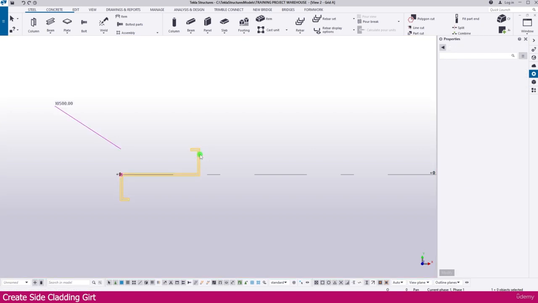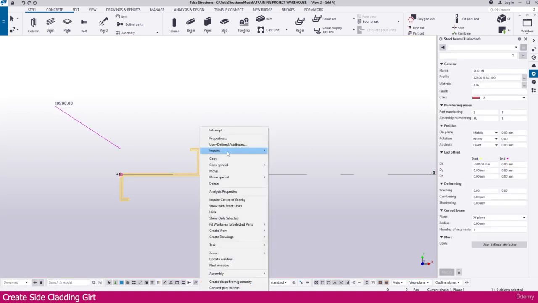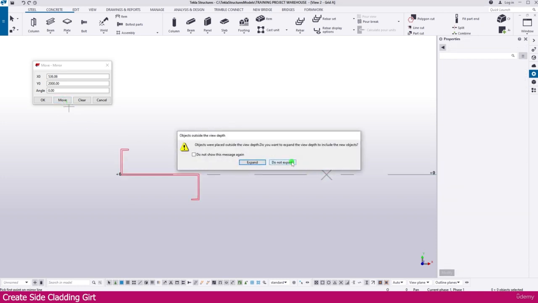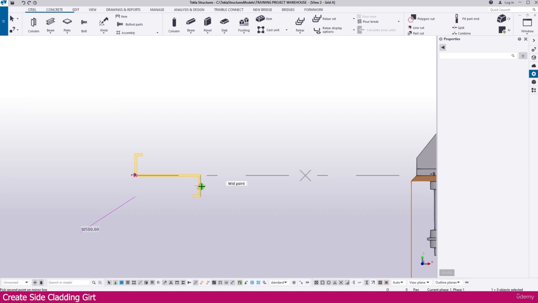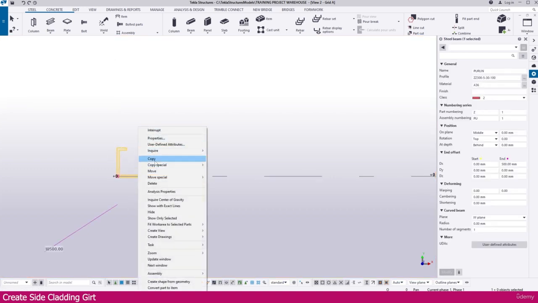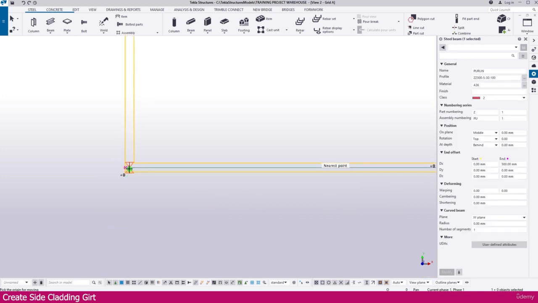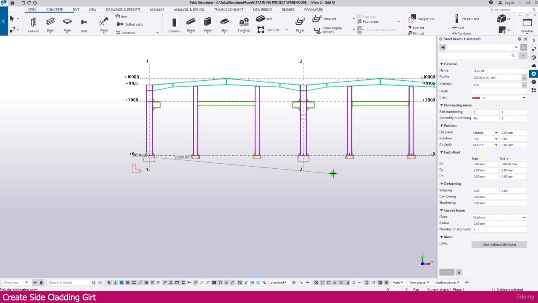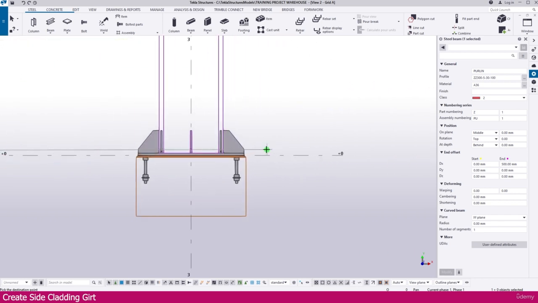Now select this one, then right click, move special, you can make it mirror, click this point and click here, then move. So now it is located like this. Select this one, right click, move, click this point and place it